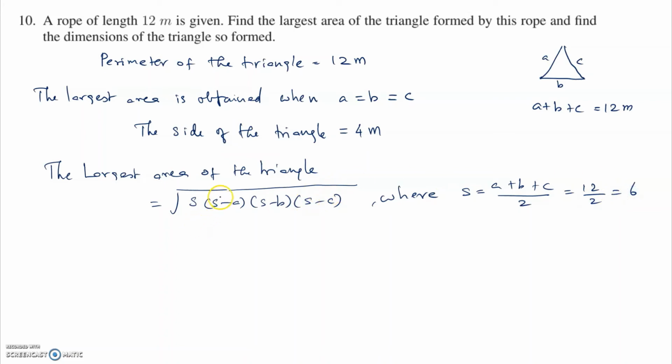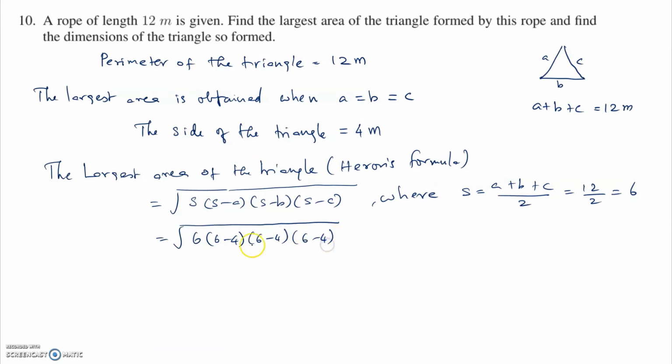And here our A is equal to B is equal to C, which is all 4, 4, 4. So here let me say within bracket Heron's formula. So substituting the values, 6 into 6 minus 4 into 6 minus 4 into 6 minus 4,